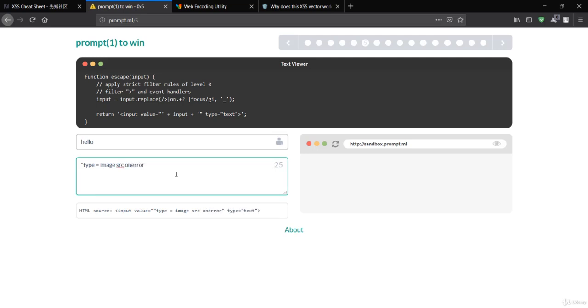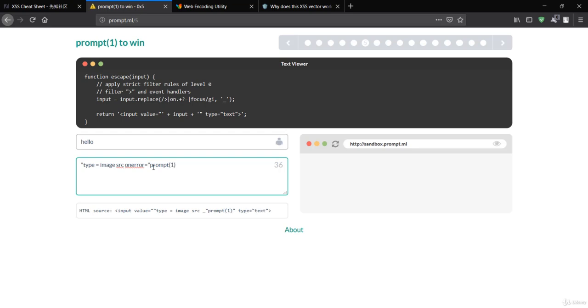So onerror is the event which is going to be loaded when there is no image found in the src. In this case, I want to load this prompt, or you can also say the alert message, and I'll just say 1.